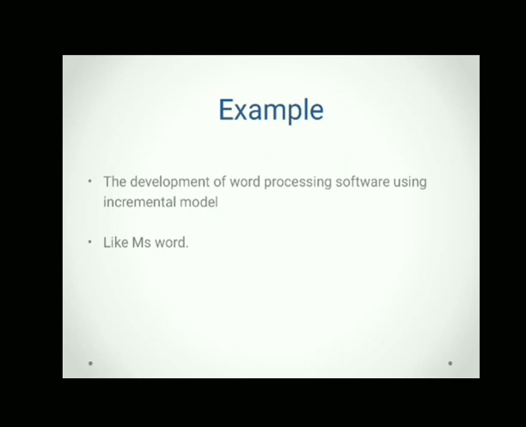In the second increment, more sophisticated editing and document production capabilities can be added. So in the second increment, we add editing options, then document production capabilities. For example, you can add rulers, margins, and multiple font selection. In the third increment, we can add grammar checking facilities, then auto corrections, then synonyms.